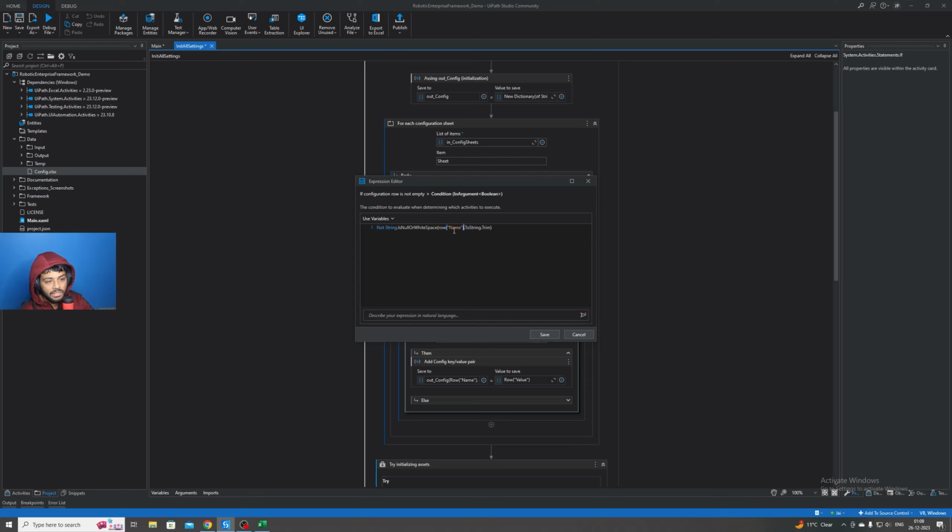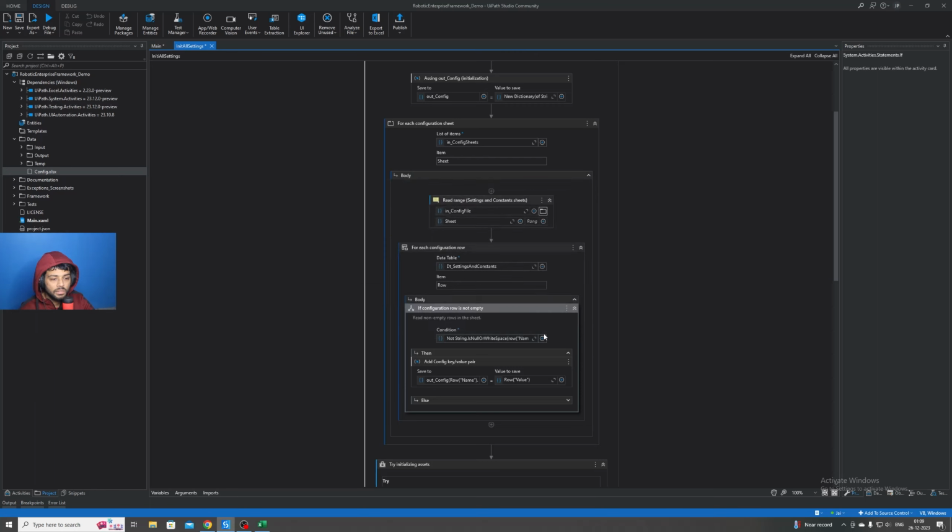This is a key column, right? So ToString and Trim. Trim is used to delete any unused white spaces, right? And String.IsNullOrWhiteSpace is a method. Null means nothing, and white space means empty. When the string is null or white space and we are negating this, so we are not using this. If the string is not null or white space, then only we have to read this